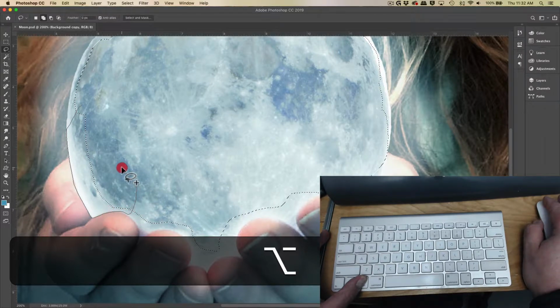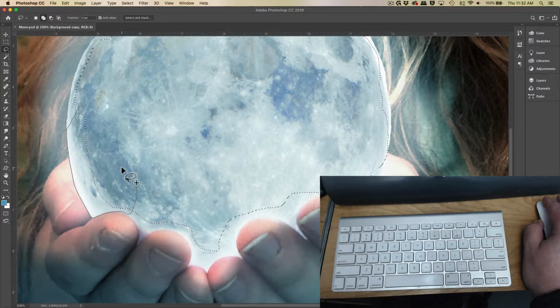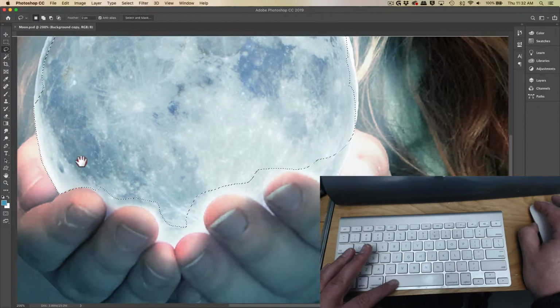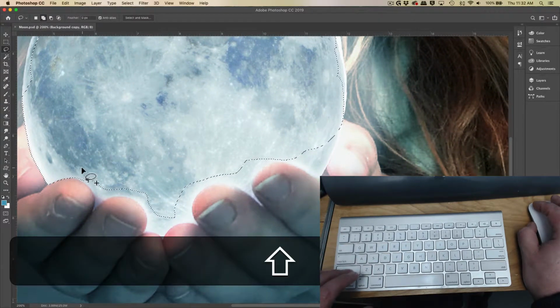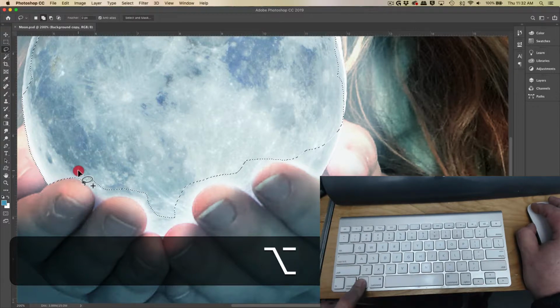And then when you want to let go, you let go of both the Option, Alt, and the mouse cursor, and that'll finish up your shape there. And do that again. So Shift, switch to Alt after you start dragging,